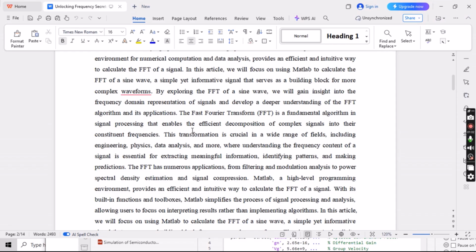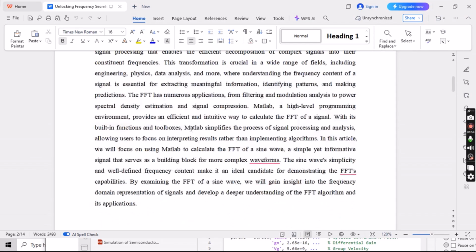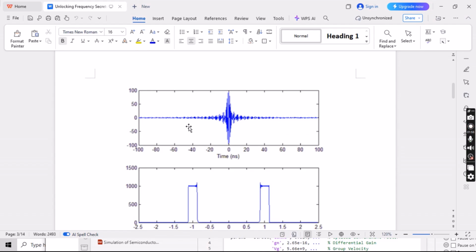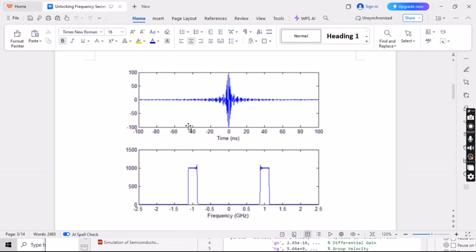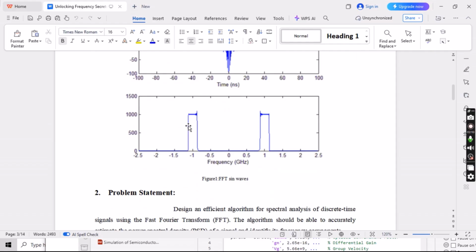Basically, in Matlab we have used the built-in toolbox called signal processing and analysis, allowing users to focus on interpreting results rather than implementing the complete algorithm manually. So this is just an FFT example, like how the frequency is in gigahertz, and the FFT of sine waves provides us the complete